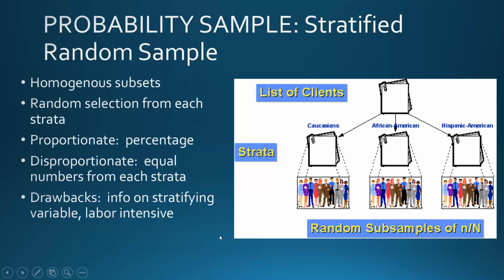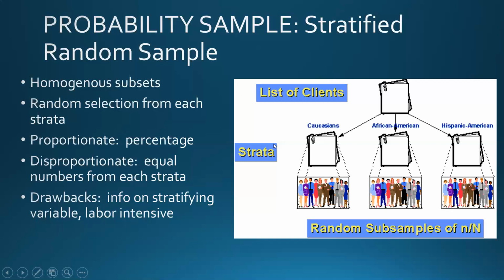And in this way, you can basically take equal numbers from each strata if you want. So who knows what the percentage of Caucasians were on this list of clients, but you could go ahead and take 10 people here, 10 and 10,